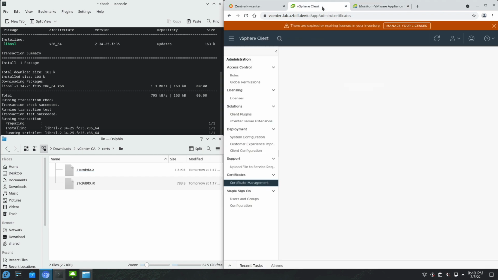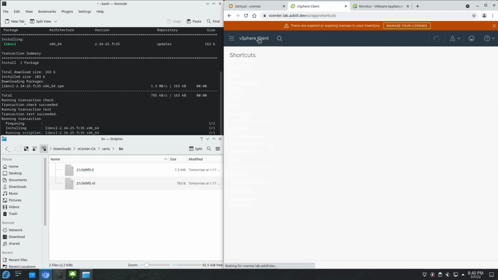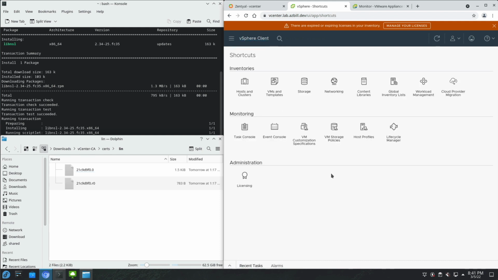All right, let's go back over to the vSphere client, and we want to get this configured to allow authentication from our Active Directory server that Zentyal is providing to us. But in order to do that, we first need to join our vCenter server to the domain. So let's look and figure out how to get that done.